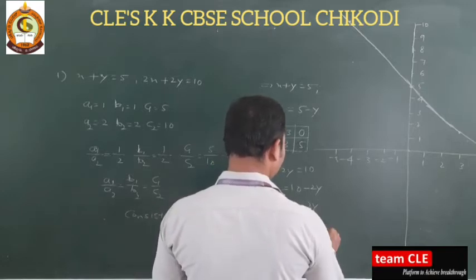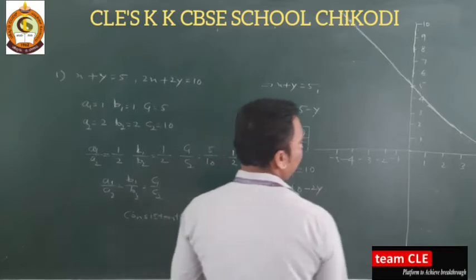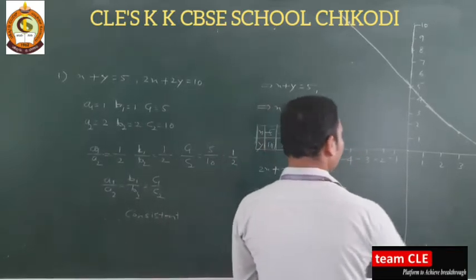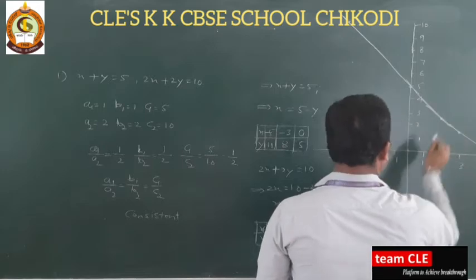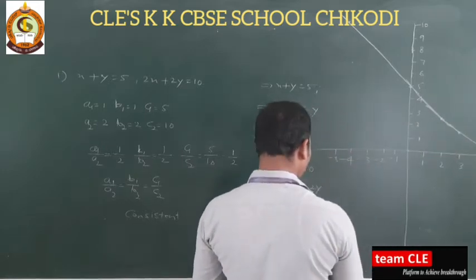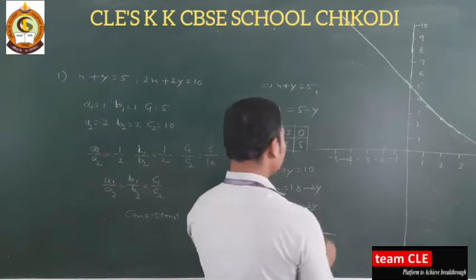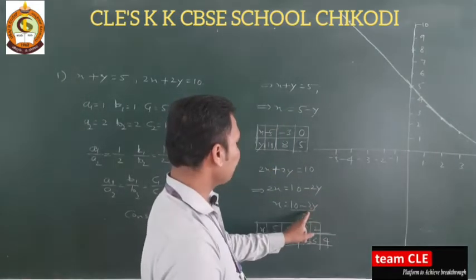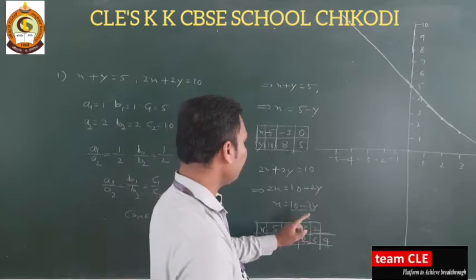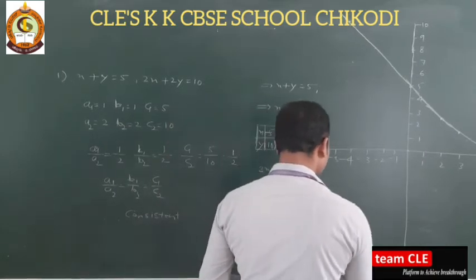2 twos are again 2 and 3, isn't it? So x is 2 and y is equal to 3. That means you will get one point here. Again substitute similarly. So y is equal to 4. Once you substitute y is equal to 4, 2 into 4 is 8. You will get 10 minus 8, you will get 2, divided by 2 means 1. This is 1.